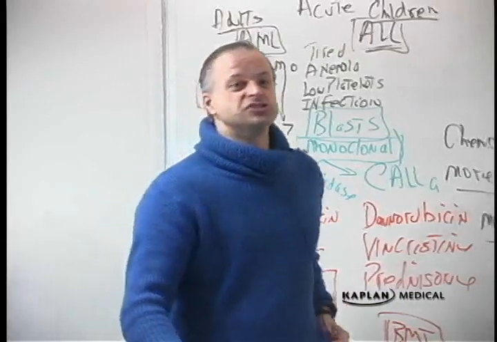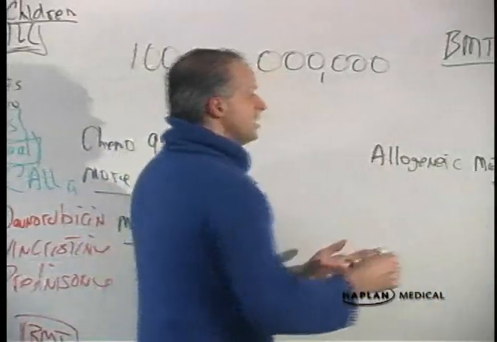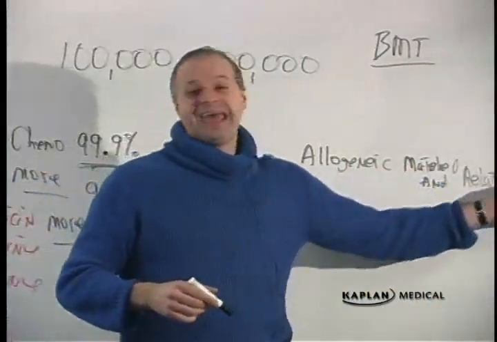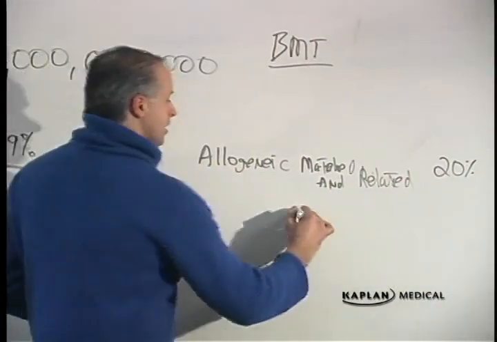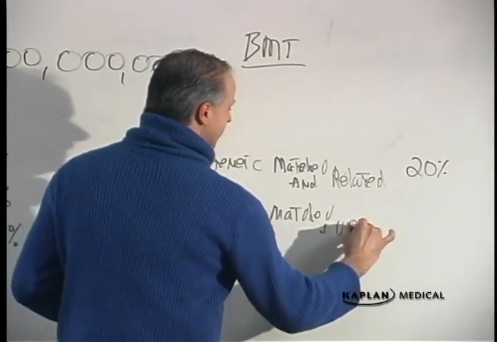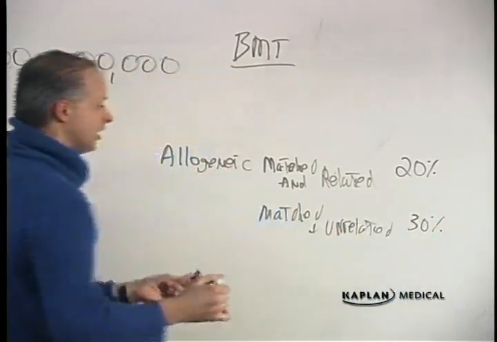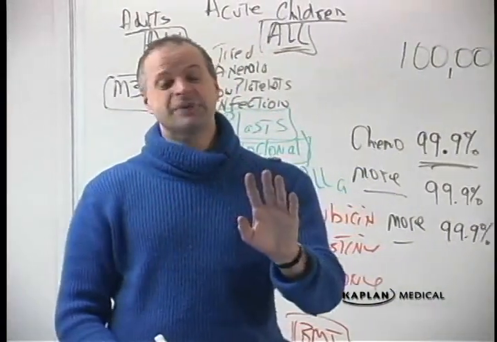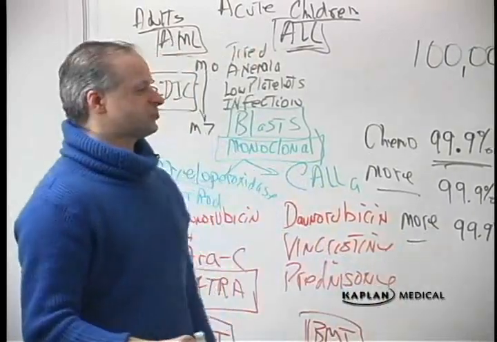Because if I have a person who's associated with much less of a chance of relapse, then I'm not going to get transplanted, because if I have a smaller chance of relapse, I'm not going to take a 20% chance at death. Matched and unrelated is probably increasing closer to 30% chance of mortality. Whoa. Oh no. I'll take my chances. Oh no, your cytogenetics show you got a 60% chance of relapse. Okay. I'll get transplanted now.